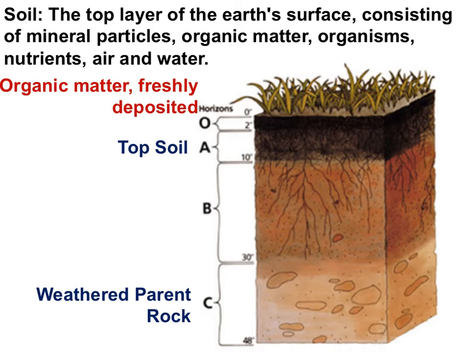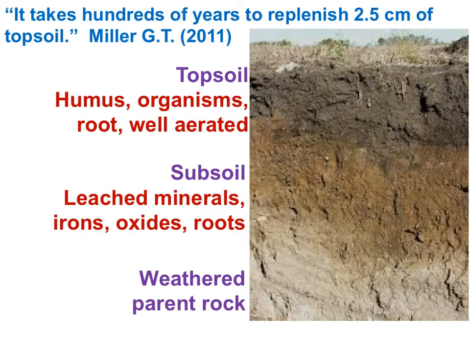This is the structure of soil, starting with the O horizon. This is a layer composed mostly of leaf litter as an input of organic matter. Topsoil, the A layer, is the most important horizon for plant productivity, as minerals are leached from the A horizon to the B subsoil, this B horizon. The color of soil changes. Here is a photograph of a soil profile. You can see the color changes as you go deep.